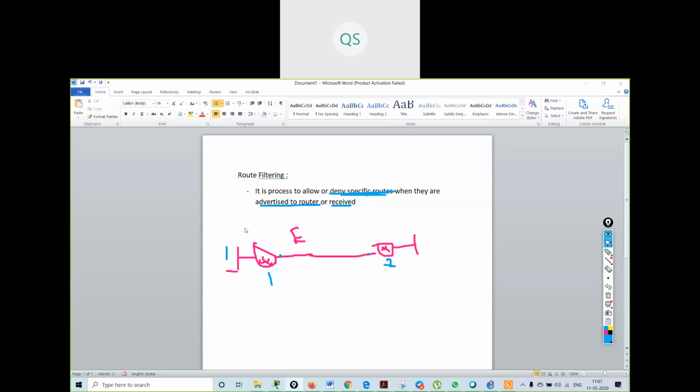Now, why do you need route filtering? You can say if you want to advertise only specific routes to the neighbors.